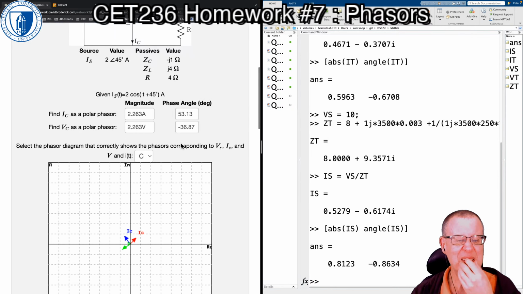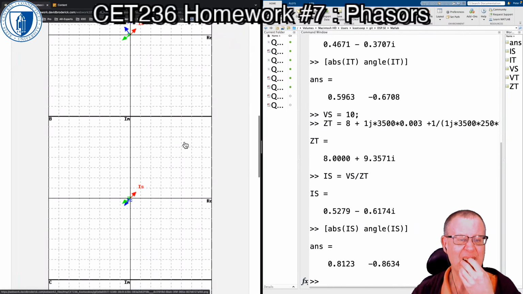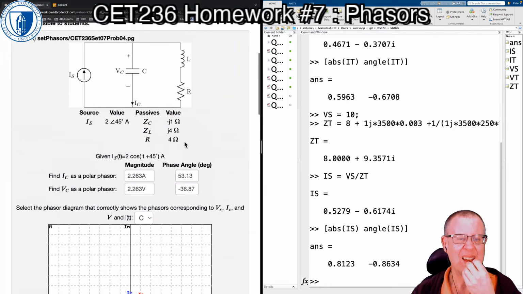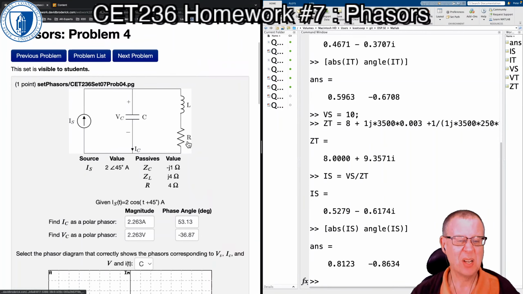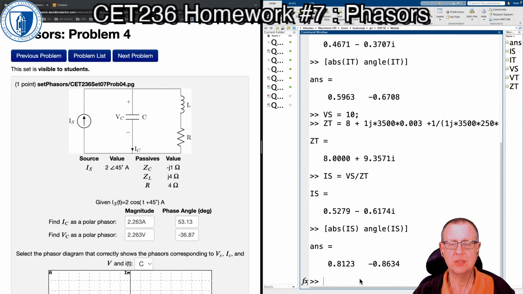So then we need to find IC, and so the current. So let's find the voltage first, maybe. That might be the best. So our VC